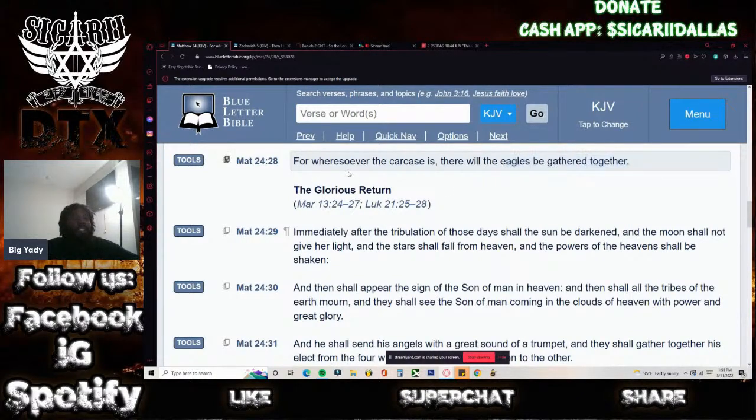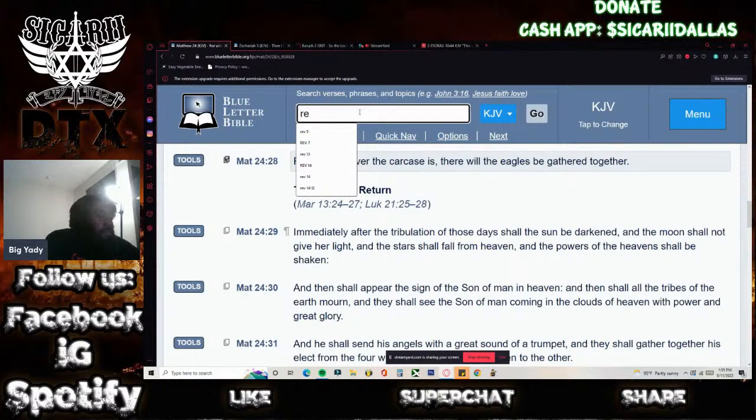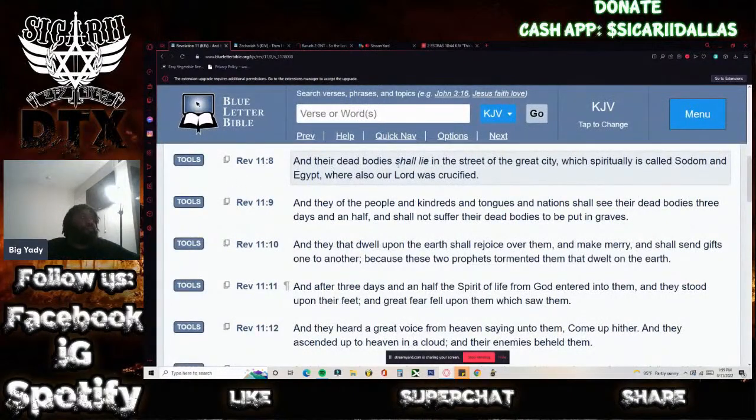So let's see what Christ is talking about with this carcass, because the carcass is what? A dead animal or a dead person. So let's look at this. Let's get Revelation 11, verse 8. It says, and their dead bodies, their carcasses, shall lie in the streets of the great city, which is called Sodom and Egypt, where also our Lord, our Other One,